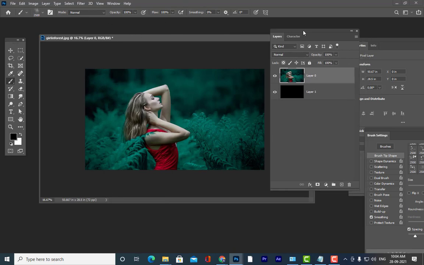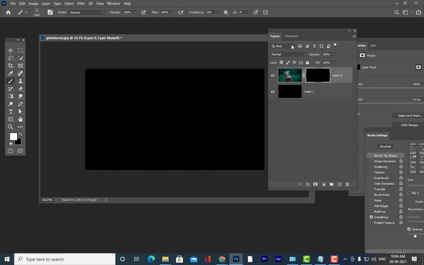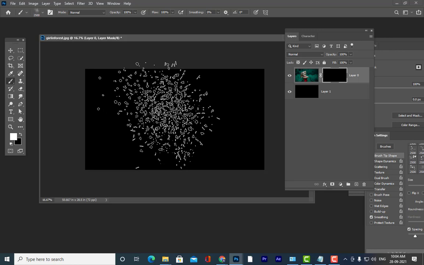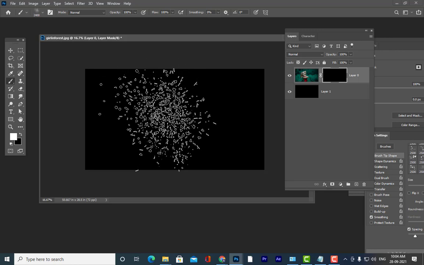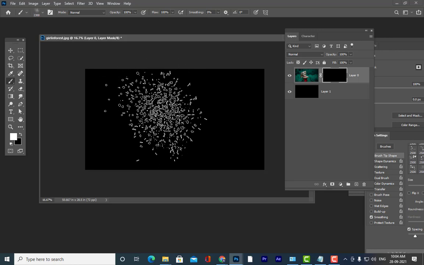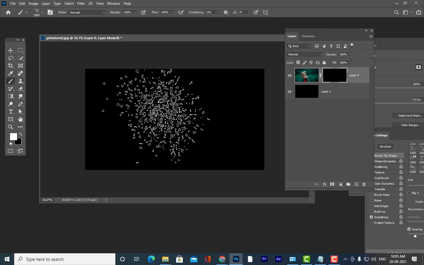How can we apply a hide mask? We can simply use Alt and click. I think all of you know the hide mask. Alt and click on this mask icon. So we have now applied a hide mask to this. Is it clear, everyone?